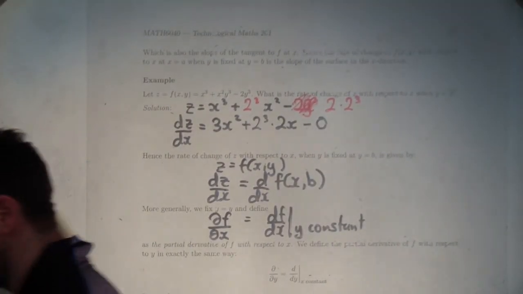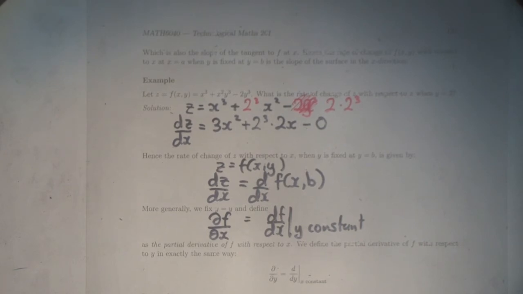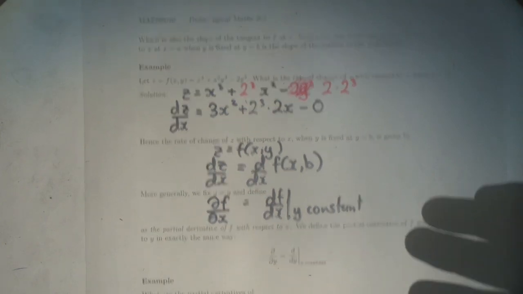So it's the same as looking at the slope in the x direction purely. And the other one, the partial derivative with respect to y, is differentiate with respect to y as normal, but keep the x constant. Right. Let's see an example here. Okay, now I'm going to do the one with respect to y first, for